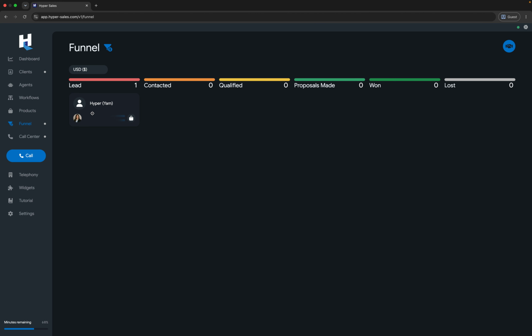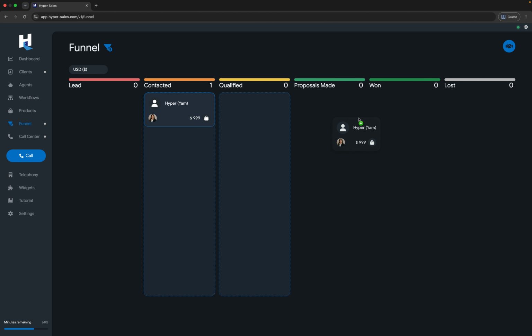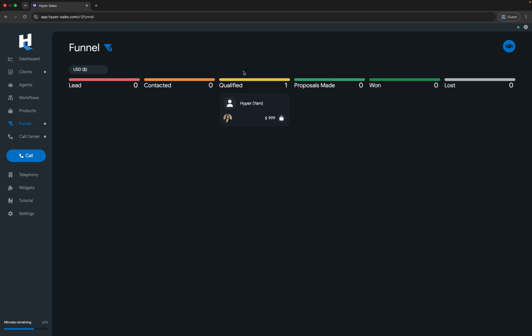Your deal now appears in the lead column. You can easily drag deals between stages, moving them to contacted, qualified, proposals made, won, or lost. Crucially, your autonomous agents can also advance deals automatically, according to your custom-defined rules. This simple, intuitive system ensures complete visibility over your sales pipeline,